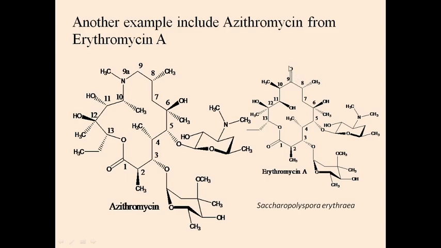In erythromycin, in position number 9 you can see there is an oxo group, and in azithromycin in position number 9 there is no oxo group. This is the first key difference, and the second difference is between position number 9 and 10. You can see between 9 and 10 there is an extra methyl group attached here. These changes were made because in erythromycin A the position number 9 oxo reacts with the position number 6 hydroxy group, and due to these two functional groups, erythromycin A was very unstable, and azithromycin is a stable compound.